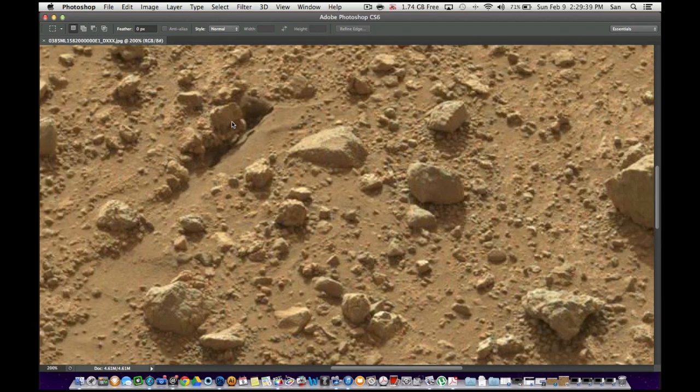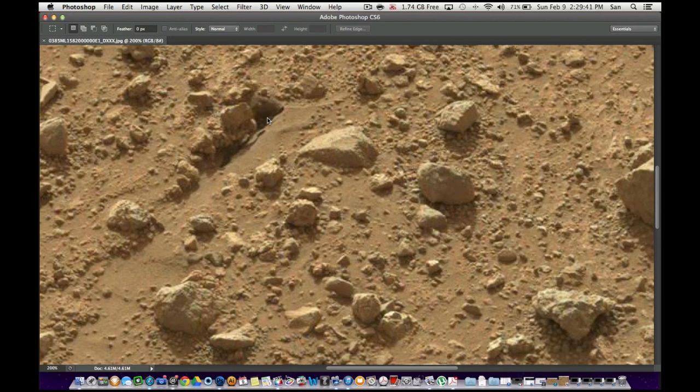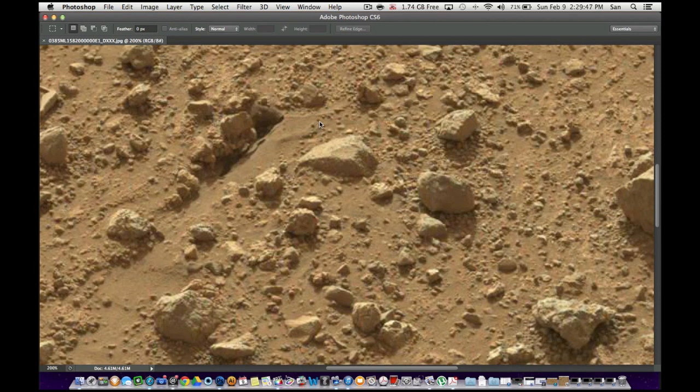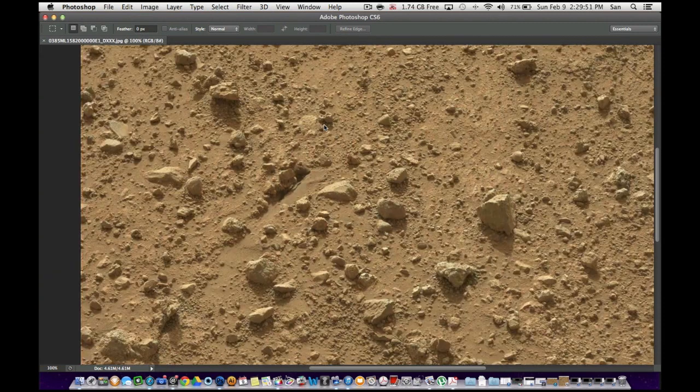You see under this rock here, I don't know if you can see my cursor, there are holes, and as you can see there are 2 black holes. Now, how do I know? I mean, yeah, all right, I could be blowing smoke out of my butt, right? How do I know it's water? Well, I'm going to show you. As you can see here, there are the 2 holes. Now, you can see the dirt right here.